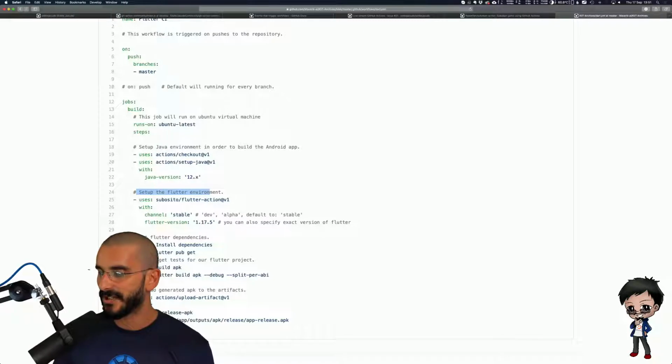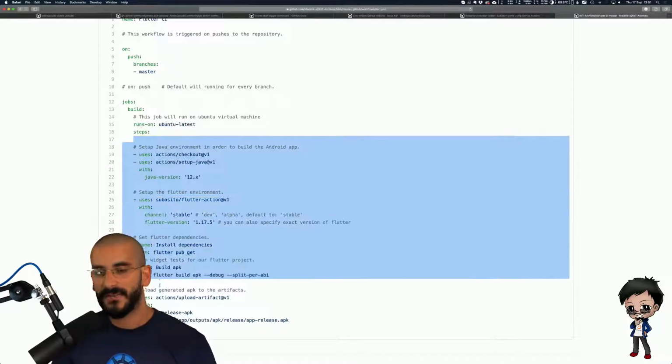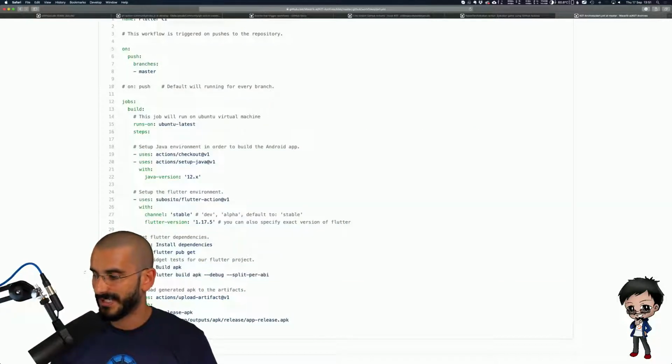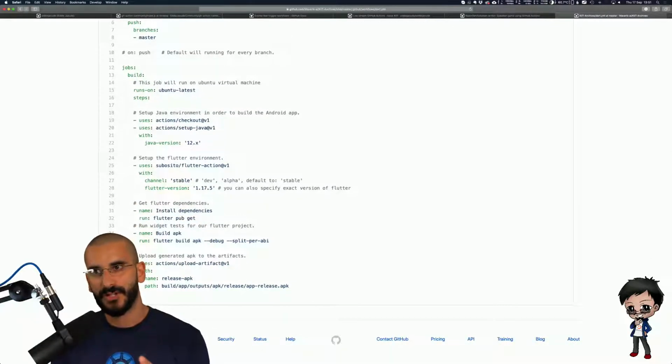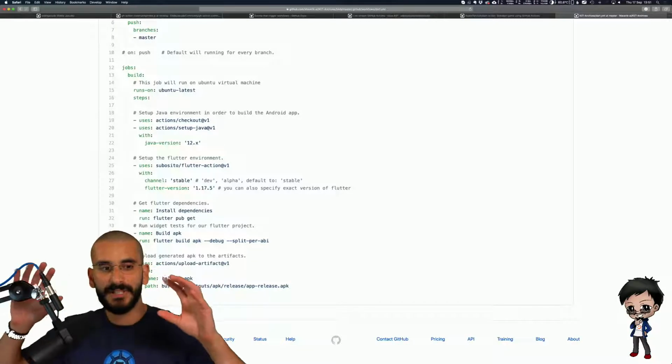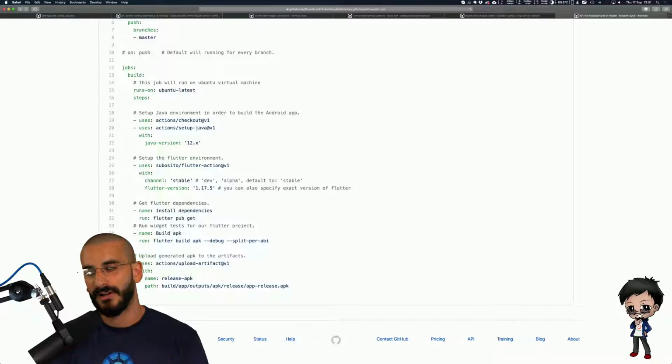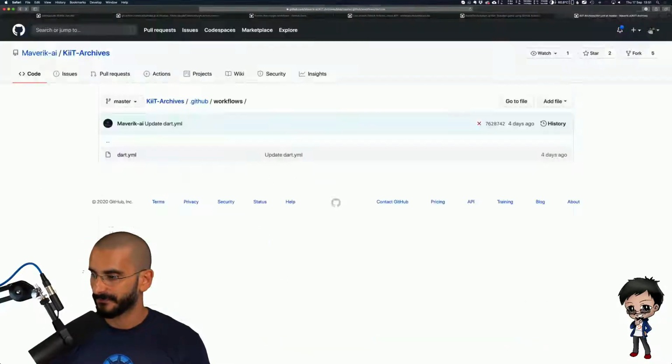I wonder if you could package this up into a custom action so people could pass you the channel and the Flutter version, and then this will run for their projects as well. That could be quite an interesting thing to do. It wouldn't be too hard to abstract this out, because other people could use this. And again, that's why I love GitHub Actions, because you can wrap actions with other actions. So you end up with all these building blocks, and you can put in the building blocks that you want and create workflows quite easily.